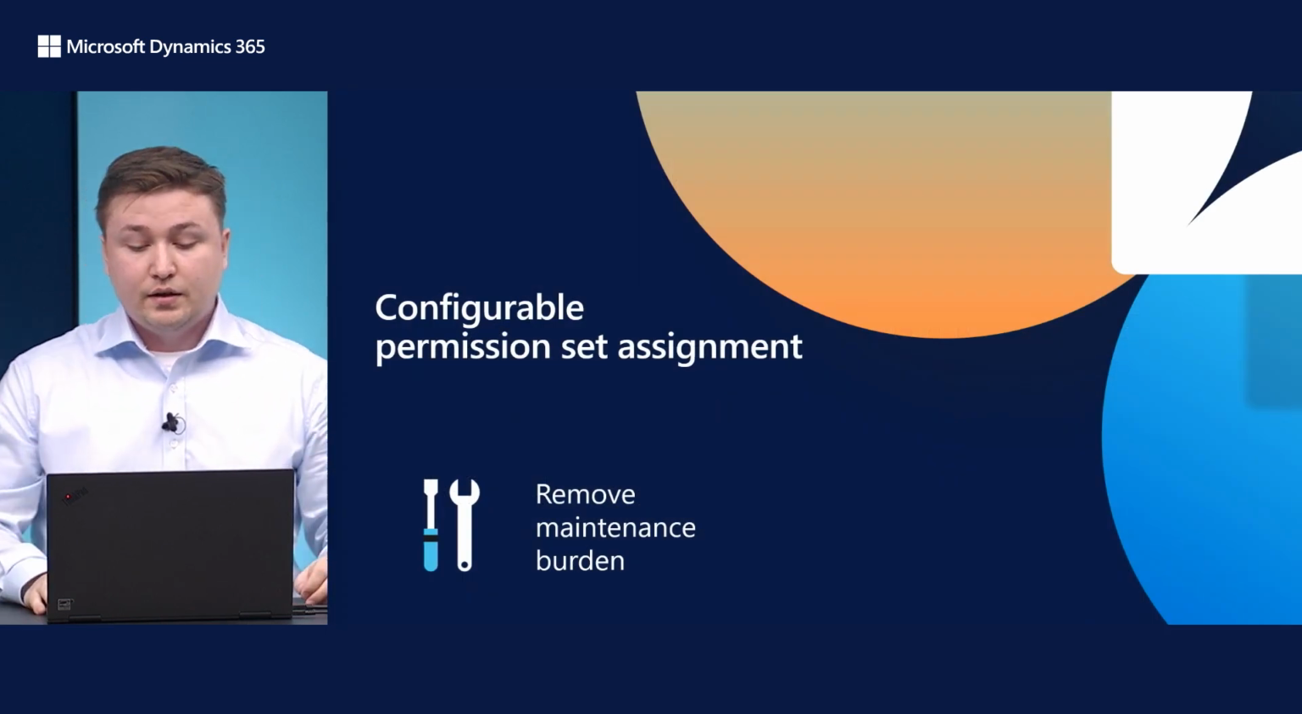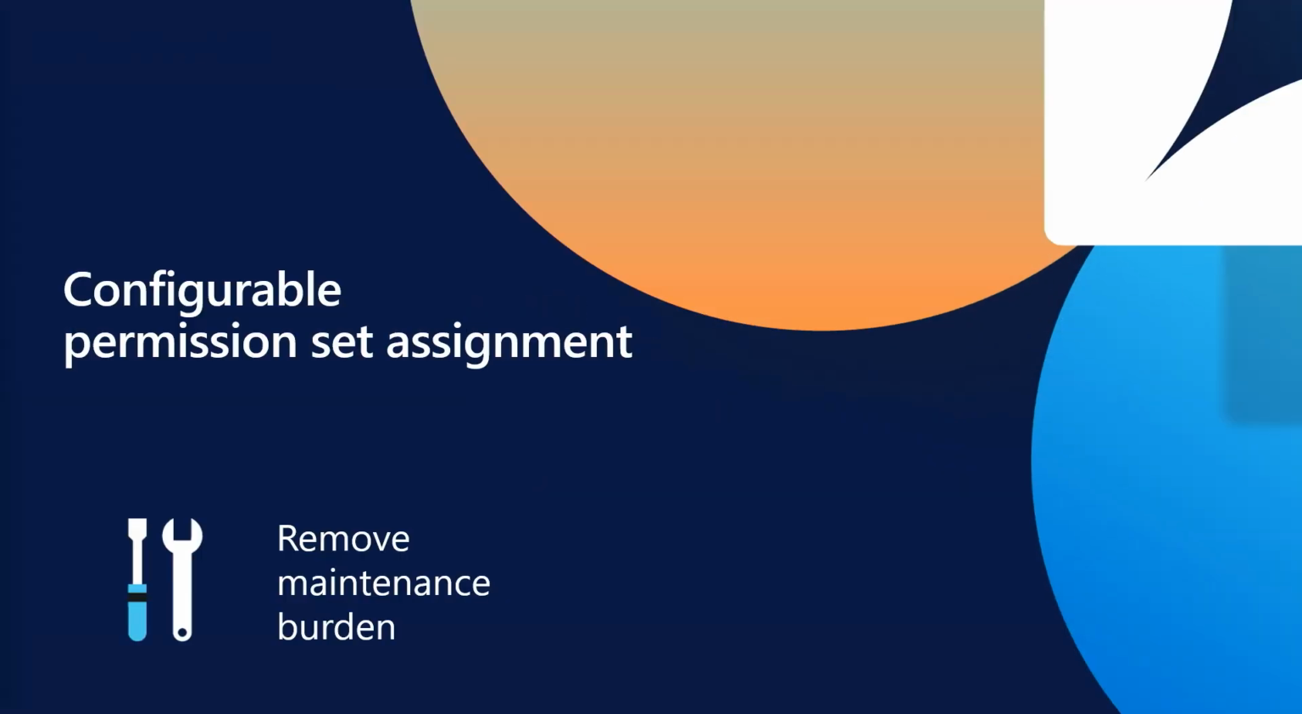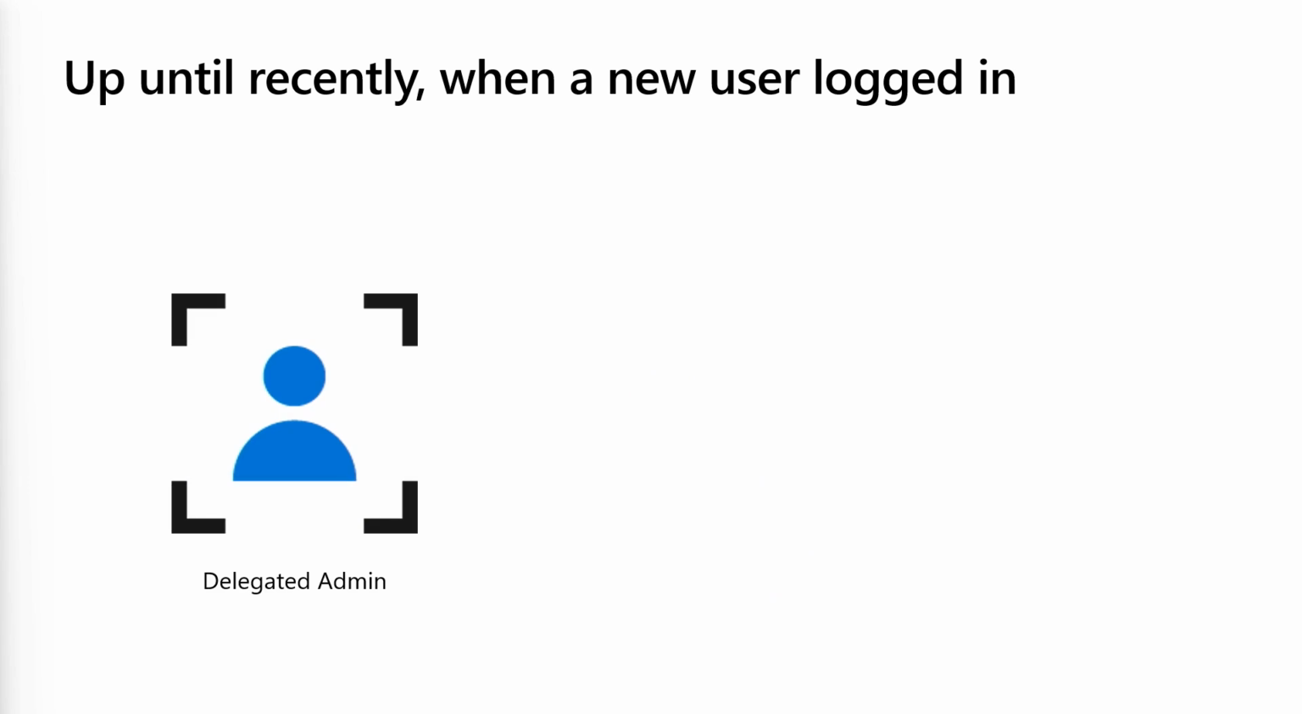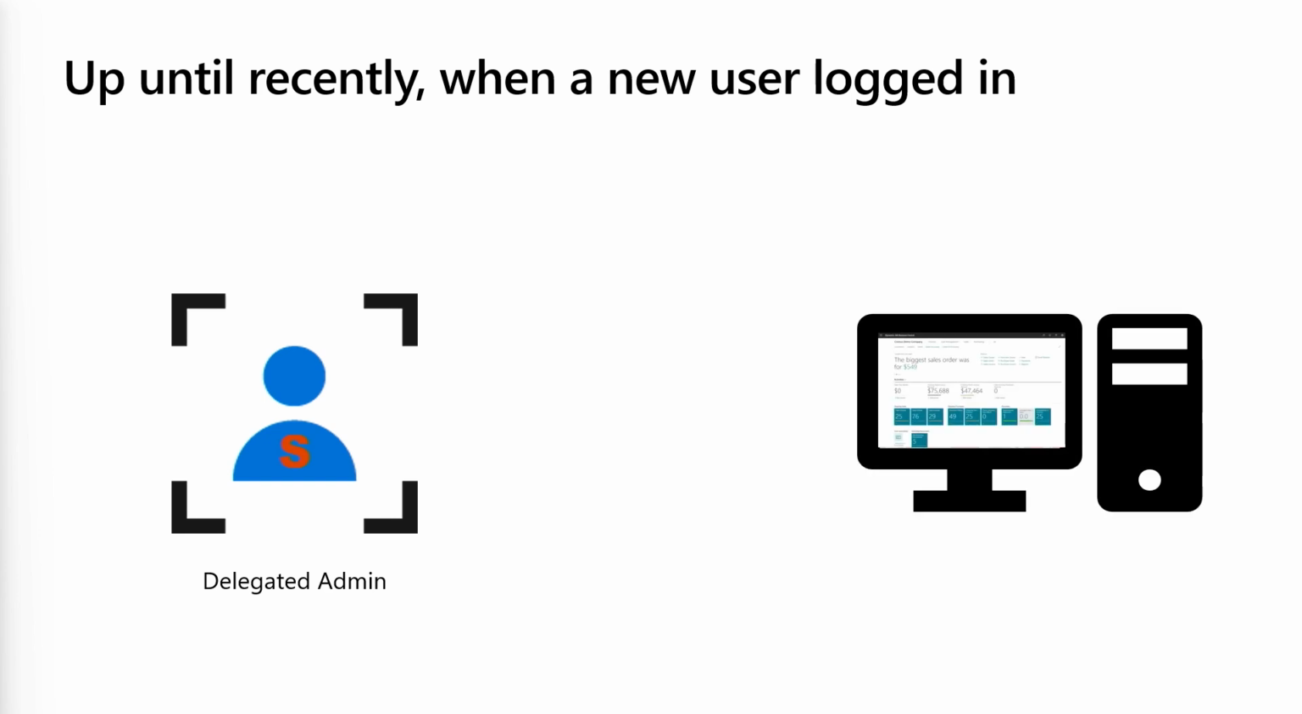And with that, let's jump into our first new feature, Configurable Permission Set Assignment. But in order to understand this improvement, let's first take a look at what used to happen when a new user logs into Business Central for the very first time. Let's take the delegated admin as an example. The very first time the delegated admin logs into Business Central, the user will be assigned the super permission set or very similar capable permissions. This was hard-coded in the system, so it wasn't something you could configure,